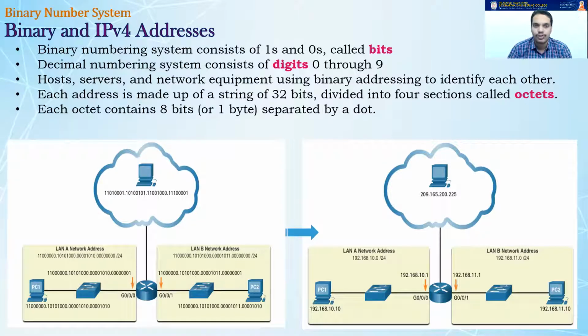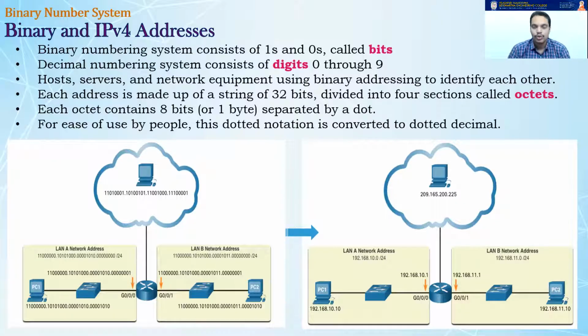which is divided into 4 sections. These 4 sections are called octets. I will show you some examples. Each octet contains 8 bits or 1 byte, separated by a dot. Usually when people try to remember IP addresses, it becomes very difficult for a human being to remember a string of 32 ones and zeros. So for ease of usage, writing, and even remembering IP addresses, we generally convert them into decimals